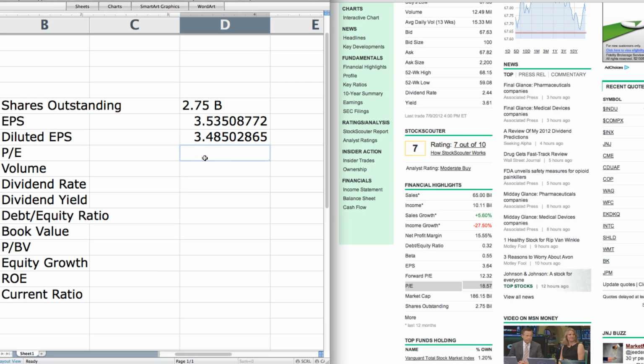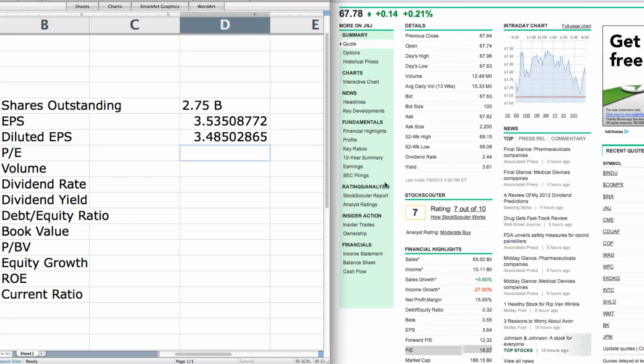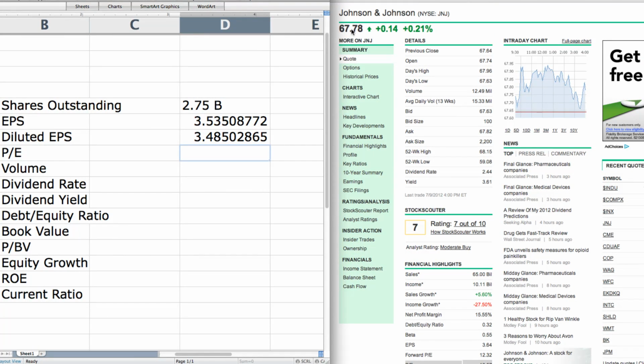How this number is calculated is really easy. All you have to do is take the price, which we figure out right here, of $67.78. So we're going to hit the equal sign, 67.78. You can see it's showing you what the ratio is: P on the top, which is the price, which we just looked up, and the E on the bottom is that EPS. So we're just going to hit the division sign. Our EPS is 3.53. I'm just going to use the standard EPS and not the diluted. And when I hit enter,